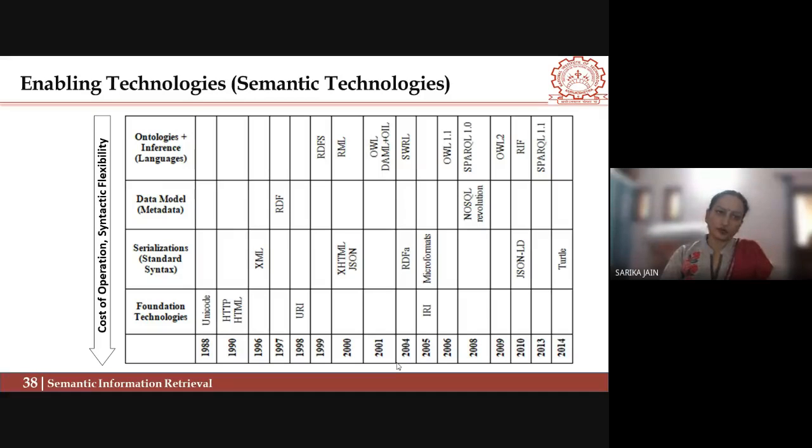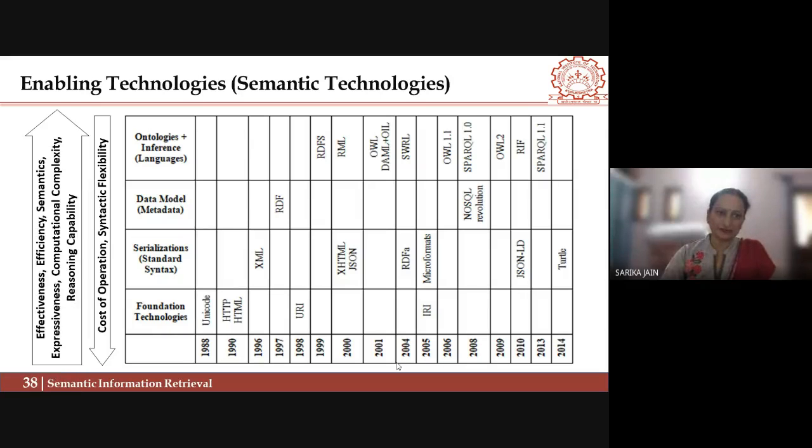Look here, the cost of operation and the semantic flexibility: as we go down, the cost of operation increases, and as you go